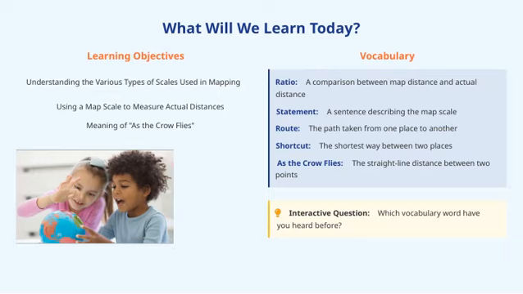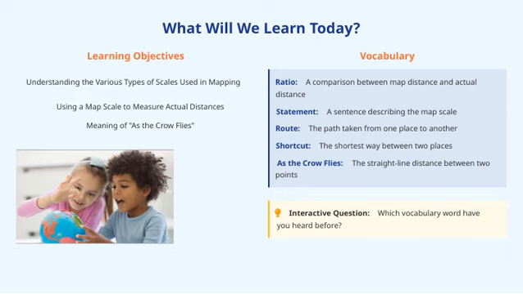Today, we're going to explore what you'll learn in this session. We'll start with understanding the different types of map scales used in mapping, which is essential for interpreting distances accurately. Then, we'll look at how to use a map scale to measure actual distances between places. We'll also clarify the meaning of the phrase, "as the crow flies," which refers to the straight line distance between